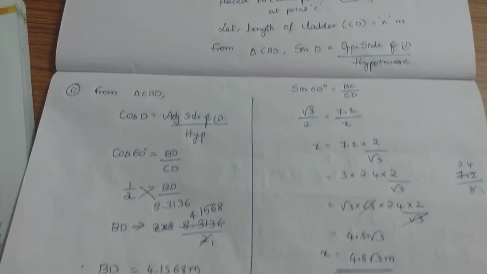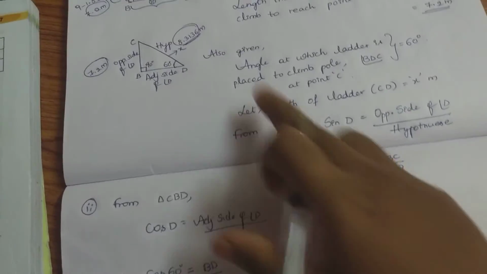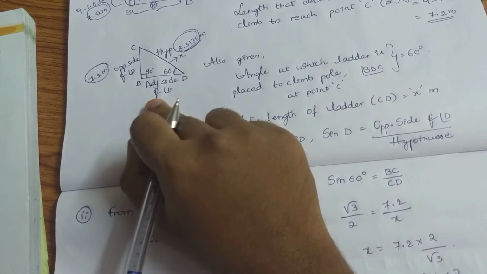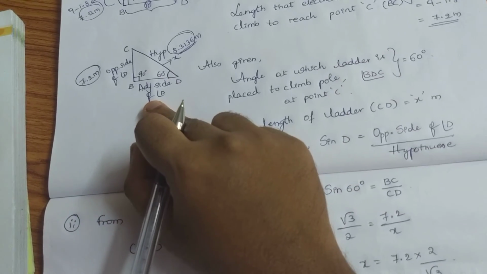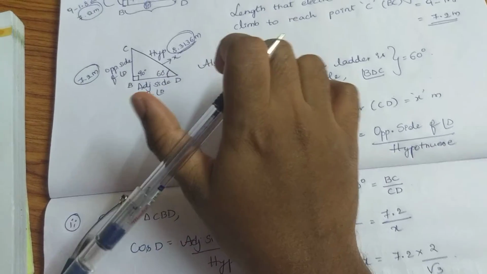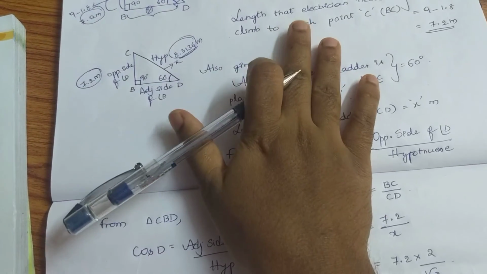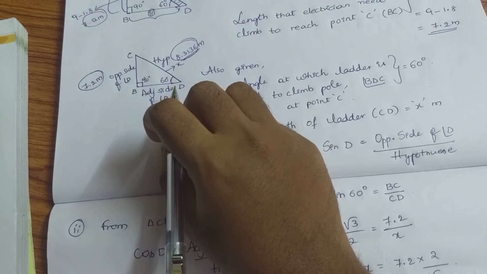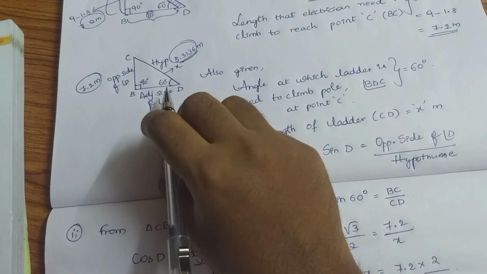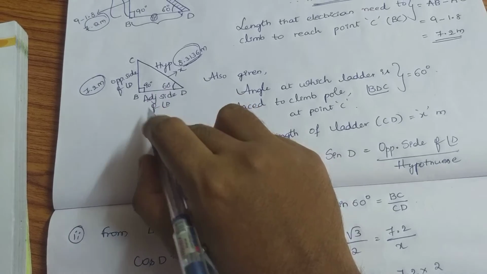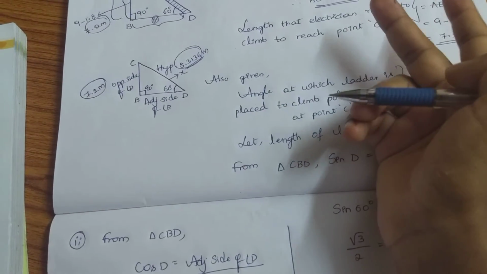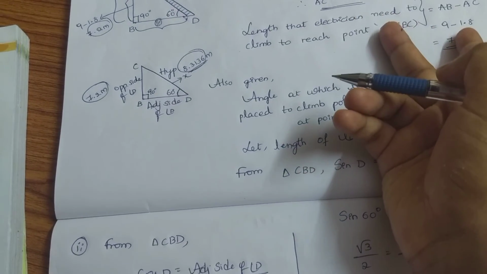Again from the same triangle, see here 8.3136 we got to know, and this is 7.2. How to find this? You can use the Pythagoras theorem also, but it's quite a lengthy process. So that's why use the trigonometric ratio only. Which trigonometric ratio do we have to apply? We choose the easiest way. Since we have to find the adjacent side, two possibilities are there. The easiest are two: you can use either the cos function or the tan function.